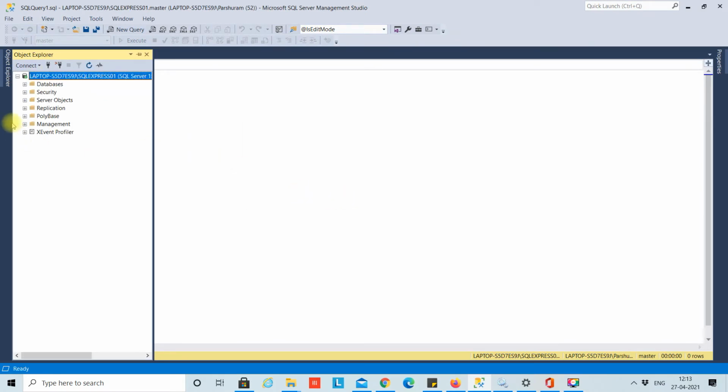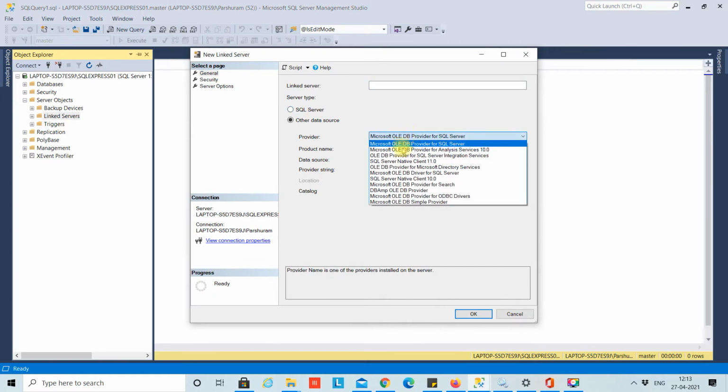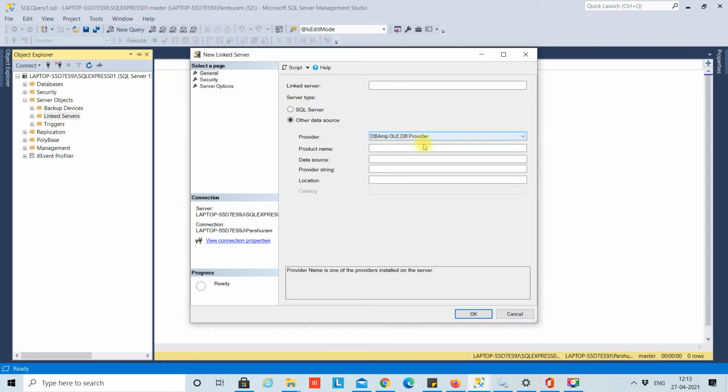You can verify whether the installation has worked correctly by checking in the server objects, linked server or new linked server. A provider name with the DBM will get automatically installed. You can see this DBM OLEDB provider has already been installed in your SQL Server.